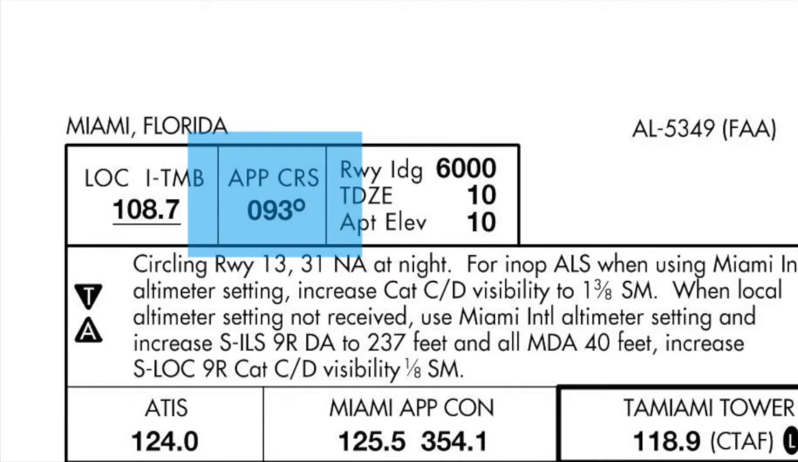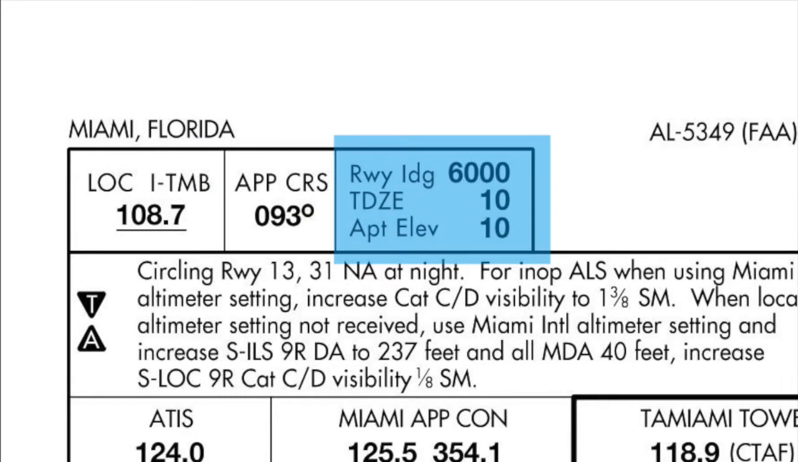inbound course. Now our runway landing zone is going to be 6,000 feet, so the runway has a total of 6,000 feet available for landing. The touchdown zone elevation is 10 feet, the airport elevation is 10 feet. That you should brief so you know how high you're going to be above the runway when you get to